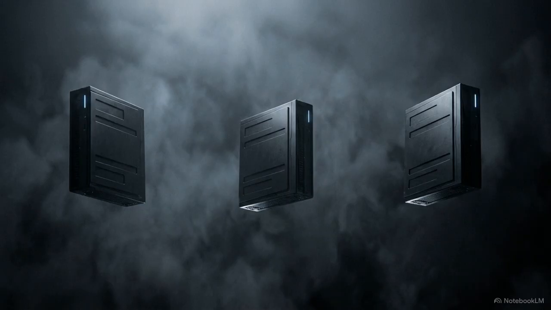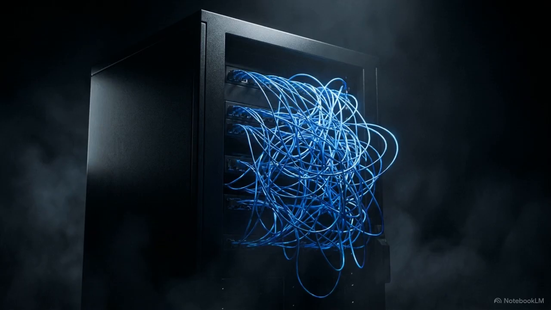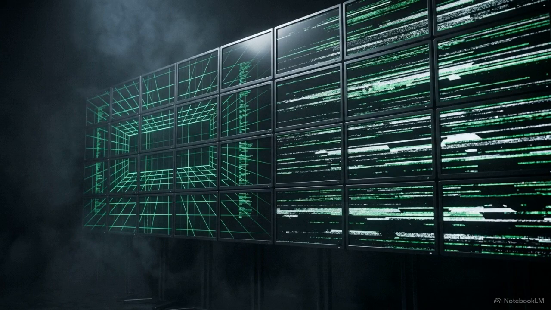When you link those smaller machines together, you move into what engineers call a shared nothing architecture. These individual nodes don't share memory or disk space. Their only way to coordinate is by sending messages over a local network. That network introduces a massive new variable. You can no longer assume that communication between two parts of your program is instantaneous, or even that a message will arrive at all. This leads to a problem known as partial failure.